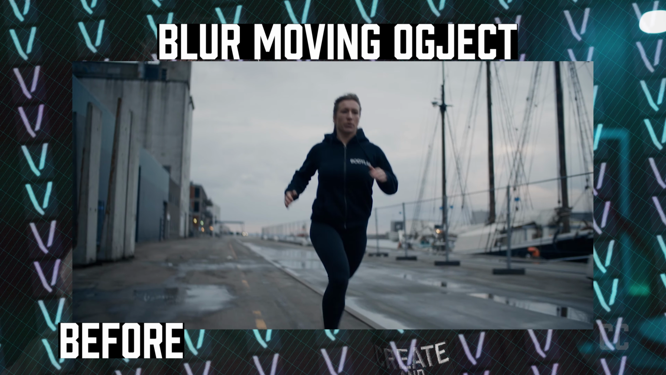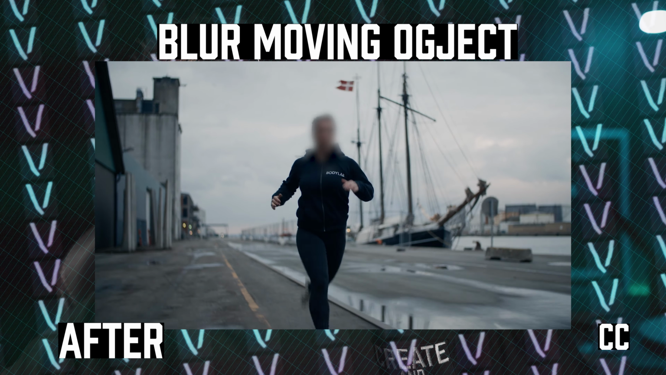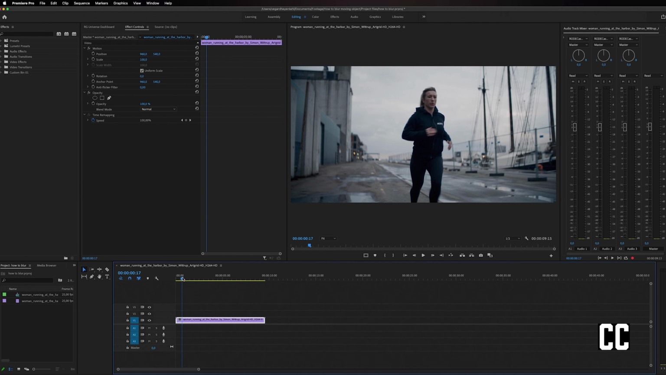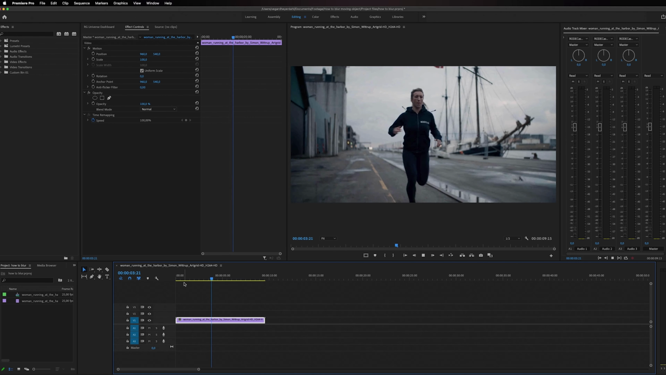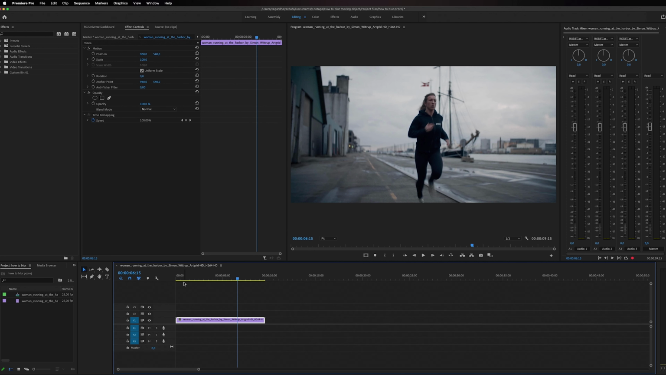I'm going to show you how to blur a moving object inside of Premiere Pro. And this is really easy, and I'm going to show you with this clip that I have on the timeline right here. I got this girl running down the docks, and I really want to blur her face. And you can use this for faces, you can use it for, let's say that you are blurring a registration